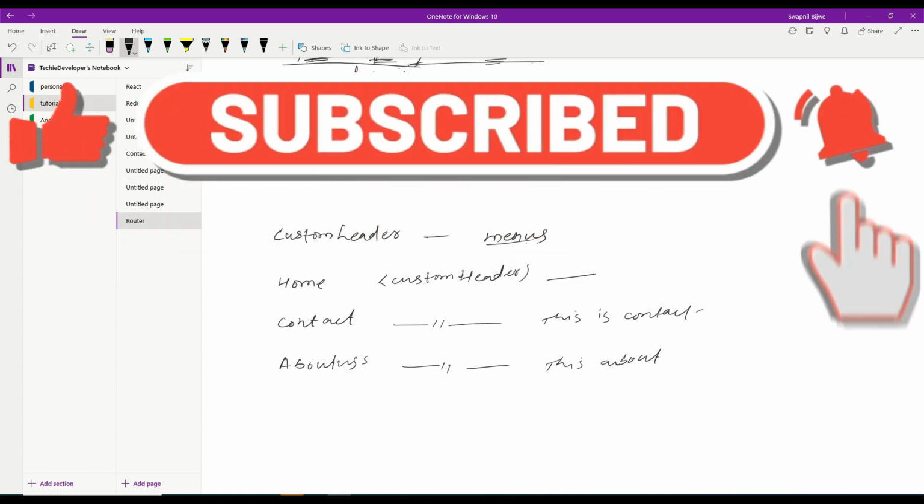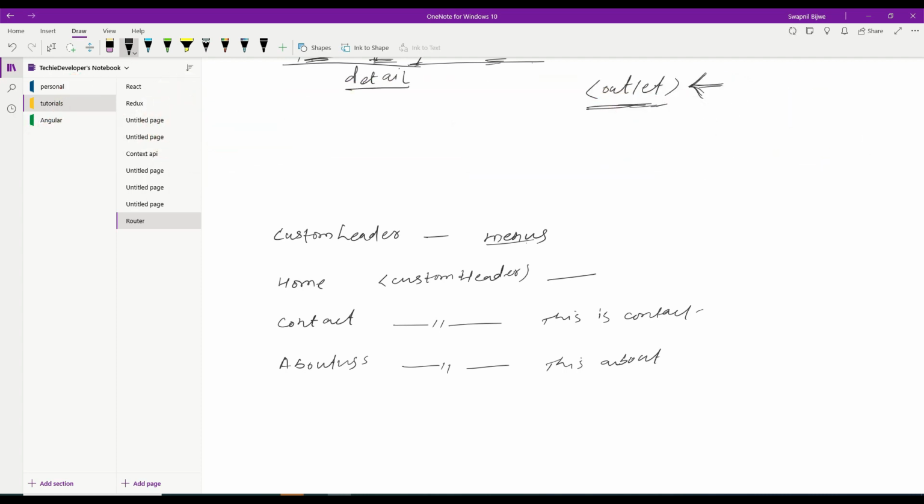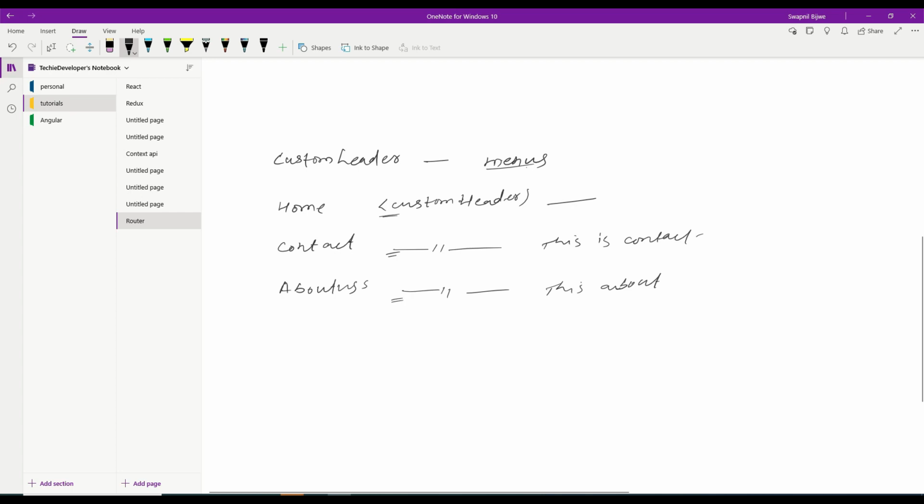Okay, now if you see this, to display the menu on all the 3 pages, we have included custom header here. So instead of that, what we can do, we can create one more page, let's say the landing page.